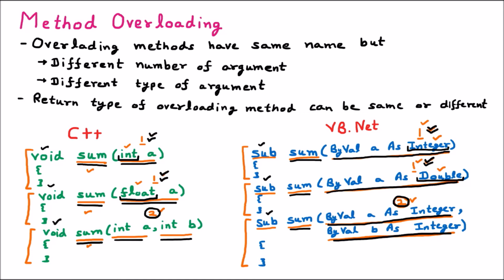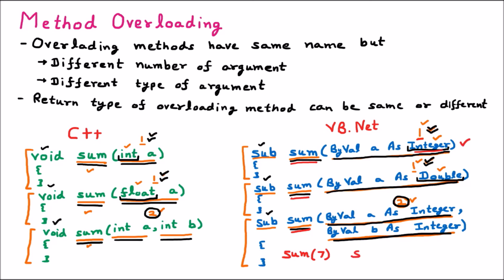Whenever we are using the same name in the procedure, just like we have used the sum here at the 3 places, now the question is which of the procedures will be called? The procedure which will be called depends upon the argument. Just like here we can see that there is only one argument of integer type. So if I write simply sum in the bracket, let's say 7, we know that this 7 is the integer. So the first procedure will be called.